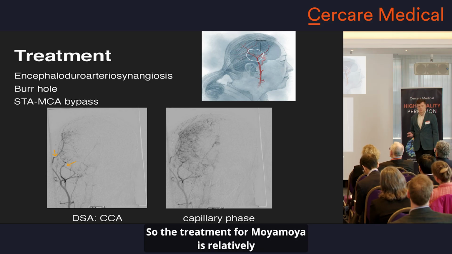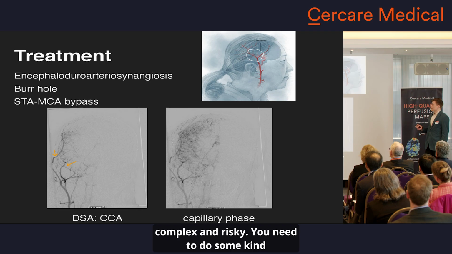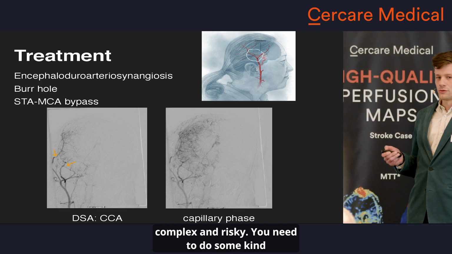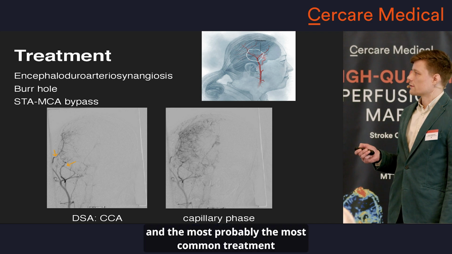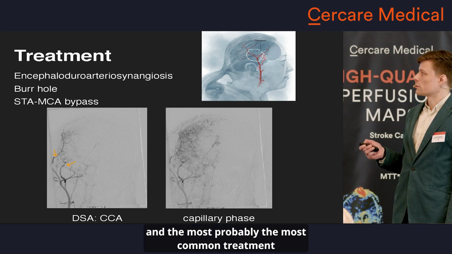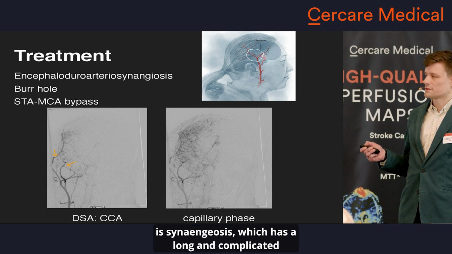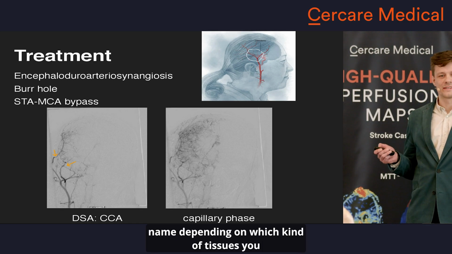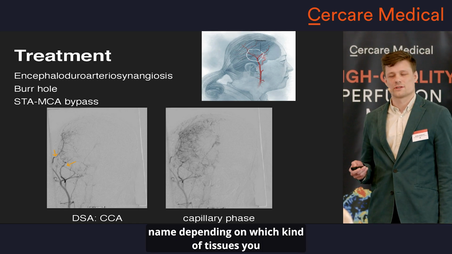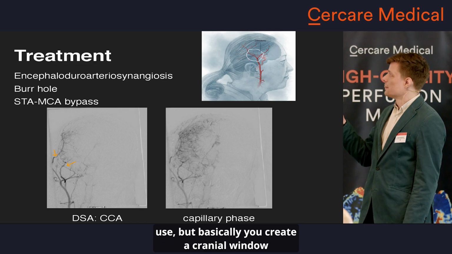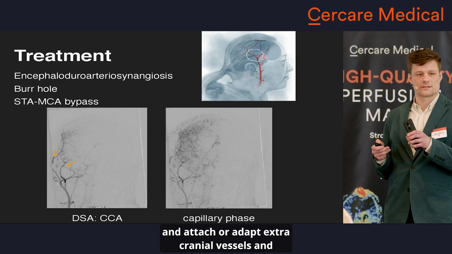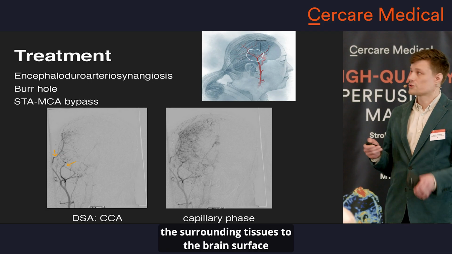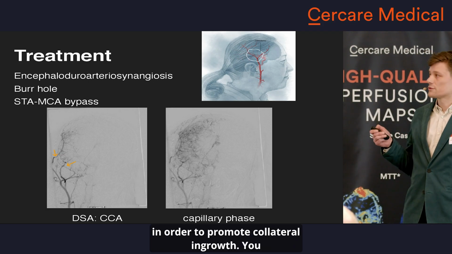So the treatment for Moyamoya is relatively complex and risky. You need to do some kind of revascularization to help supply the brain, and the most common treatment is synangiosis, which has a long and complicated name depending on which kind of tissues you use, but basically you create a cranial window and attach or adapt extracranial vessels and the surrounding tissues to the brain surface in order to promote